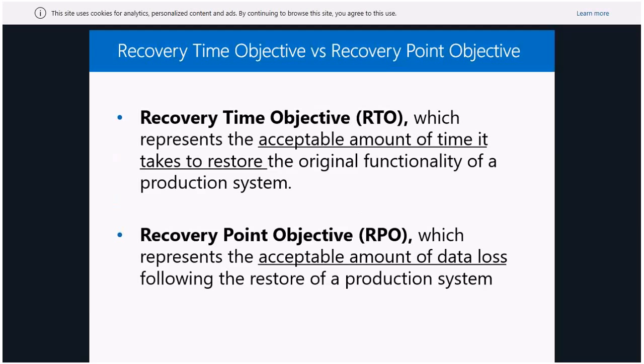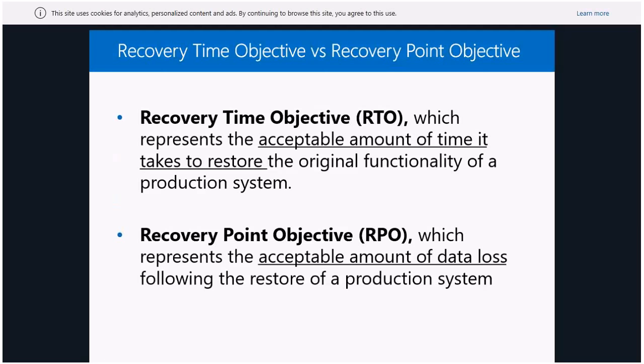Basically, the RTO is how long it's going to take if you need to restore, I don't know, a full backup of a virtual machine, or maybe a whole backup of an Exchange database or something like that. That's the first thing that must be clear for everybody, especially the people designing the backup solution.